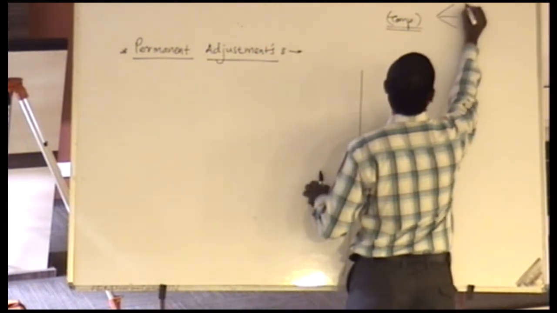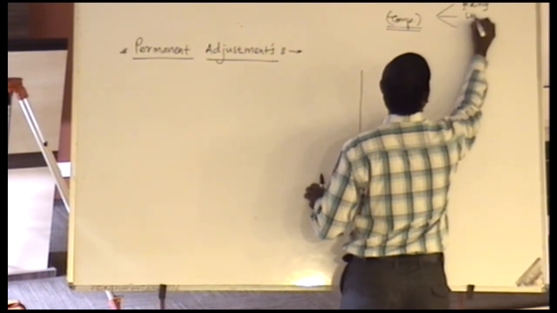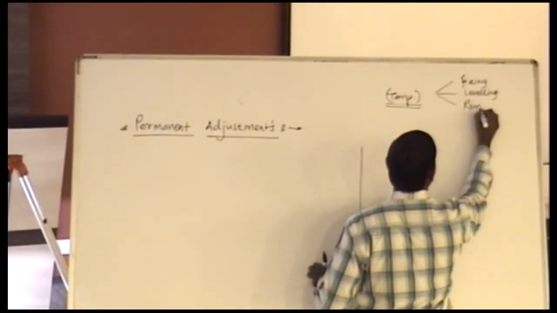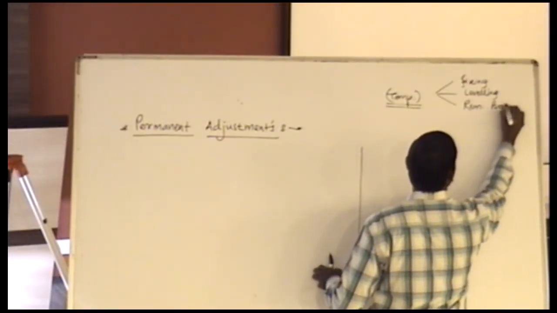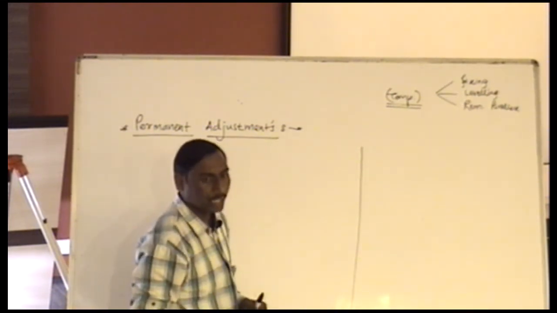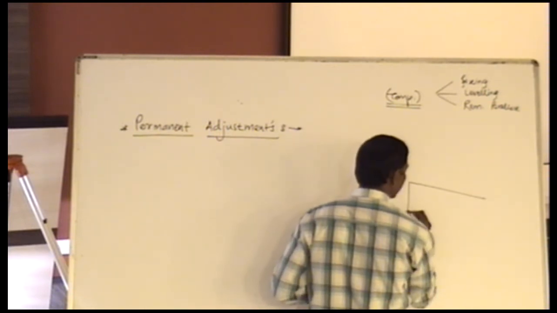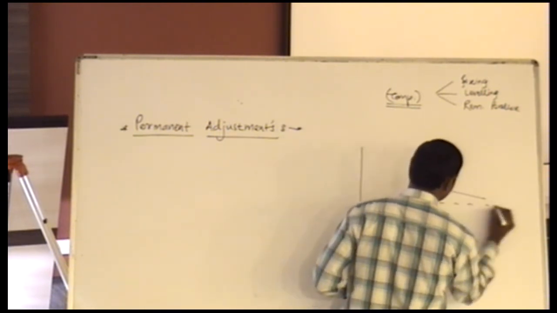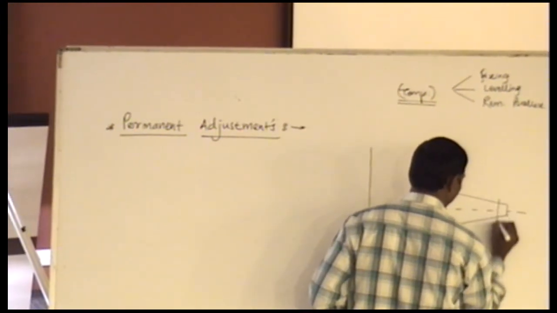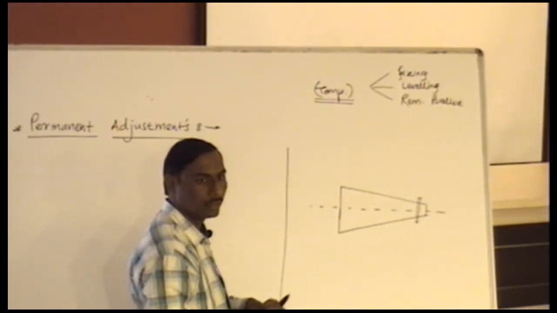Those comprise three steps. One is called fixing, another is called leveling, and the third one is called removing of parallax. We discussed what those individually are. We also discussed the different axes of the dumpy level. So today, as I said, this is going to be a telescope with this as the diaphragm.